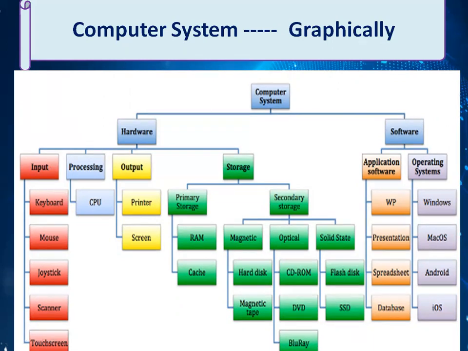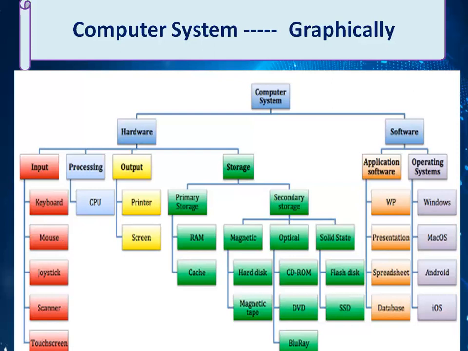Most commonly used input devices are keyboard, mouse, joystick, scanner, touchscreen. Keyboard and mouse are the most commonly used devices. Keyboard is used to enter your data in the form of text and characters. It can be classified into alphanumeric, alphabets, numeric keypad, functional keys, and some additional keys. Mouse is a pointing device which is used to point, select your icons, your options, your instructions.